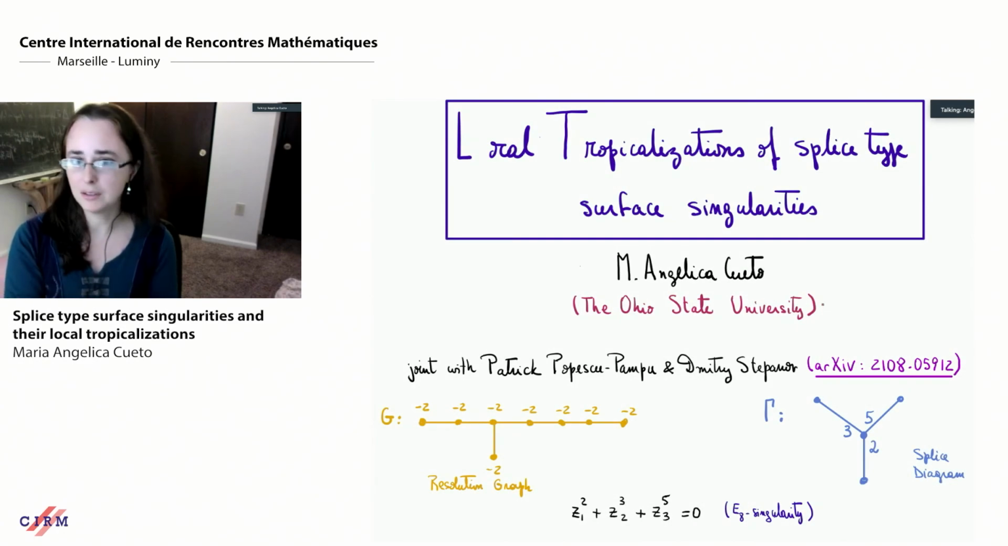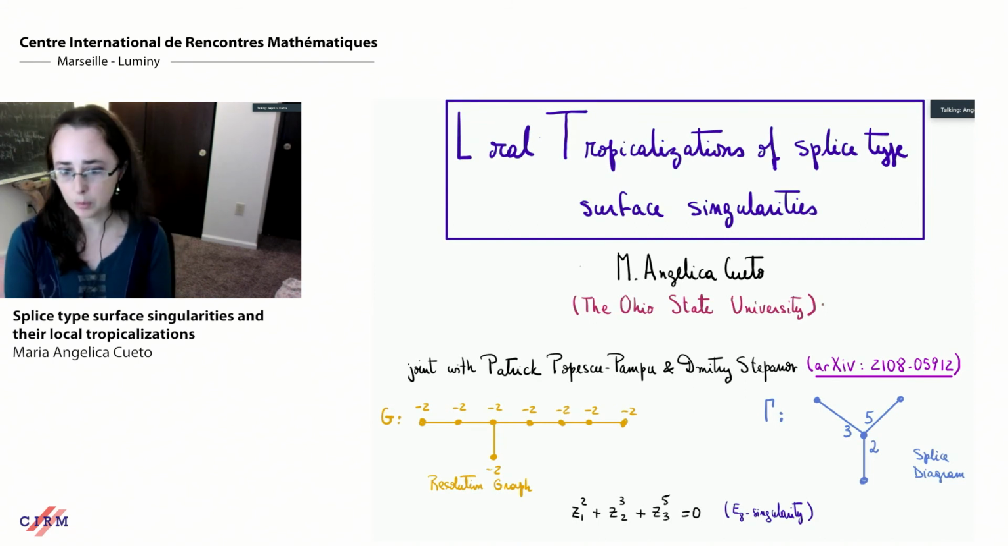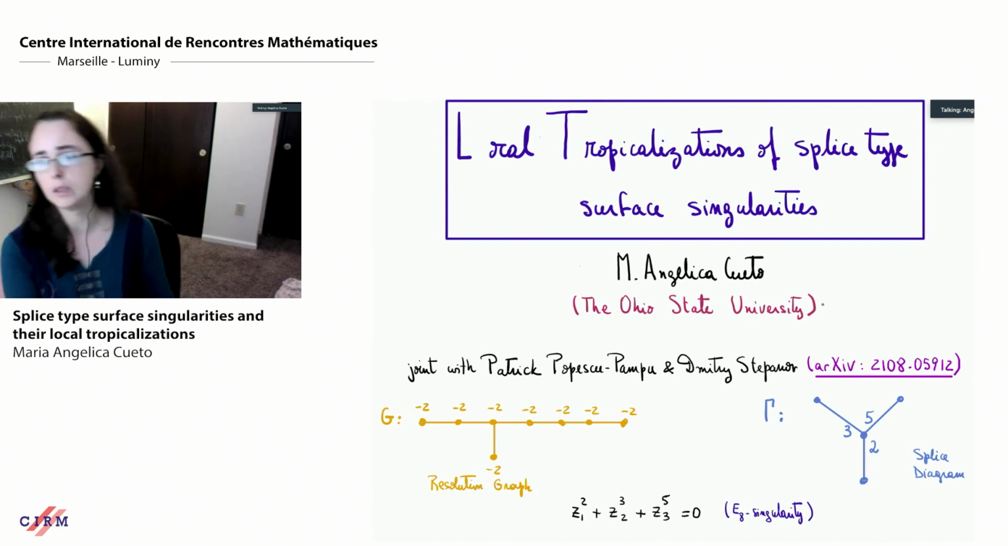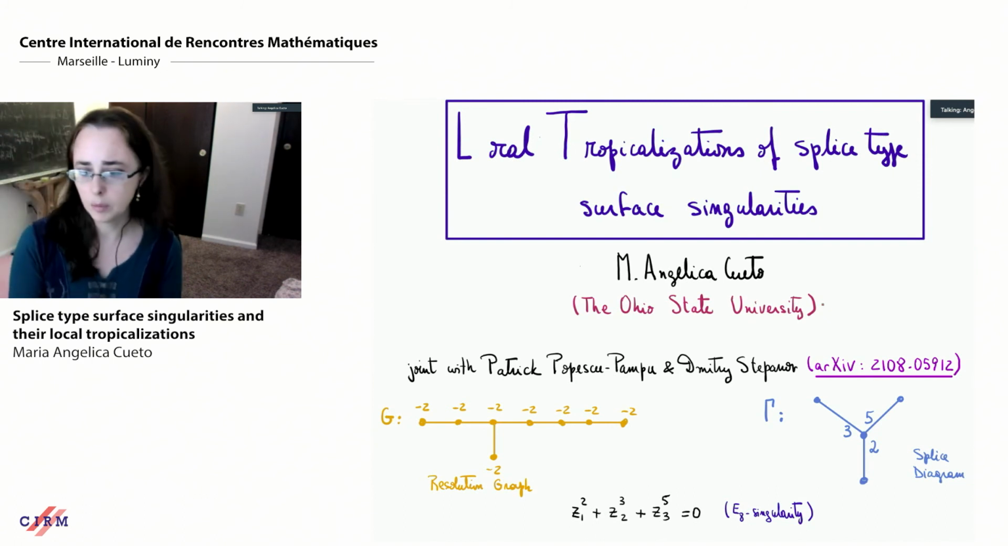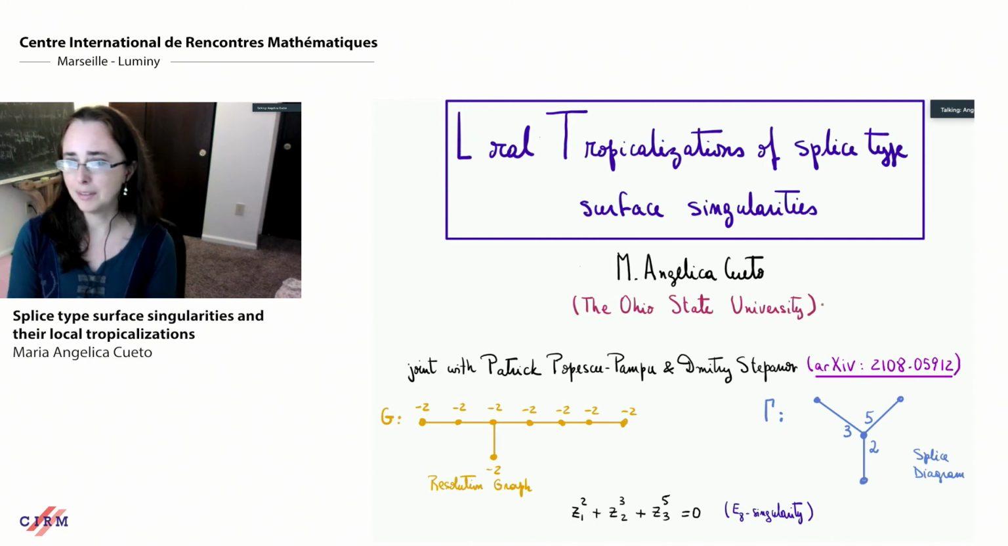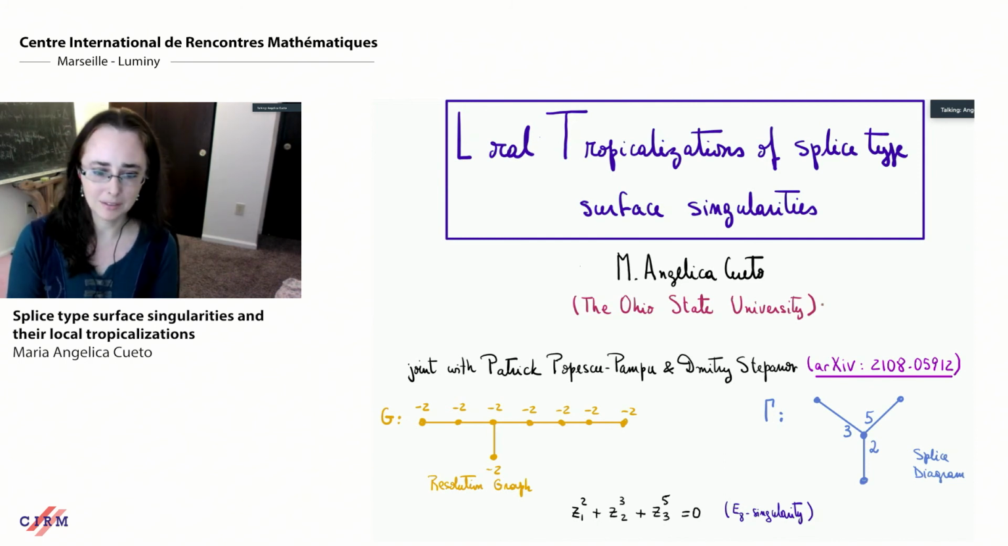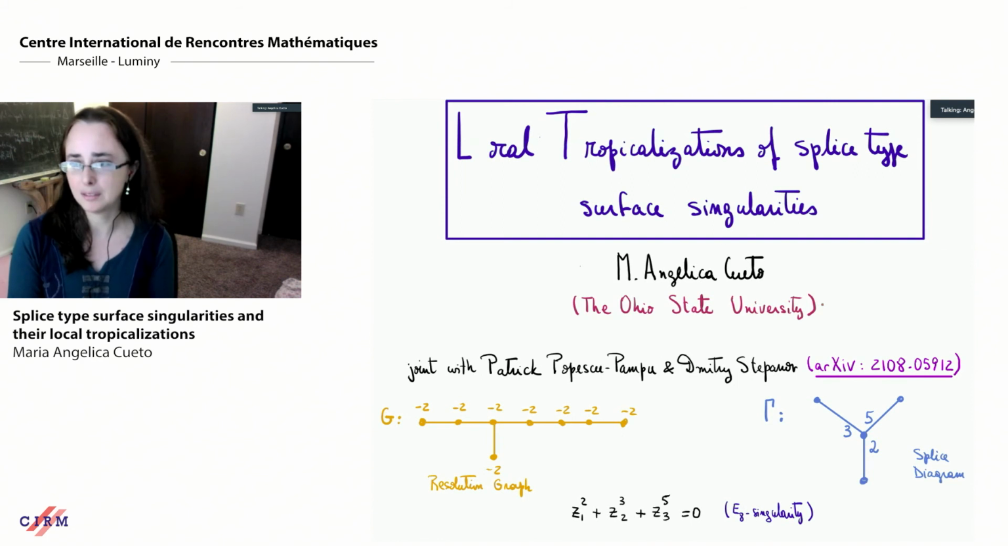I would like to tell you a little bit about this recent joint work with Patrick Lopez-Cupampo, who I believe is in the audience, and also Dimitri Stepanov. The paper is on the arXiv, and the title is Local Tropicalizations of Splice-type Surface Singularities. It's fitting that I'm giving this talk here because we first started thinking about this during research in Paris